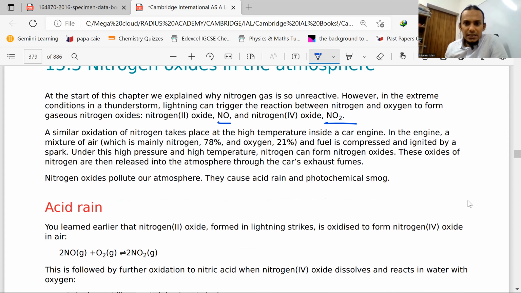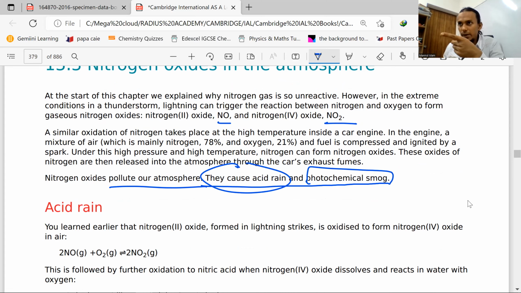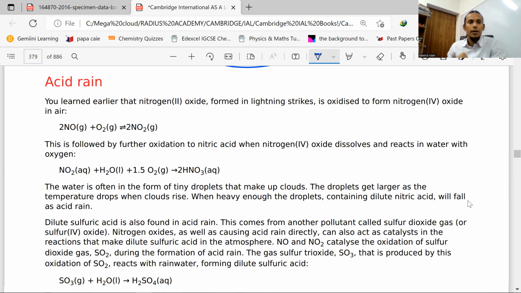The cause of acid rain and photochemical smoke. Photochemical smoke মানে photochemical মানে photo মানে reaction which are light sensitive, photochemical, right? They will pollute our atmosphere, cause of acid rain. Acid rain তো আমরা দেখাইছি একদম ফার্স্ট থিং, তুমি আসার আগে দেখাইছি, O levels এ পড়ছো, এটা দেখো, না বুঝলে নেক্সট ক্লাসে আবার বলে দিব।